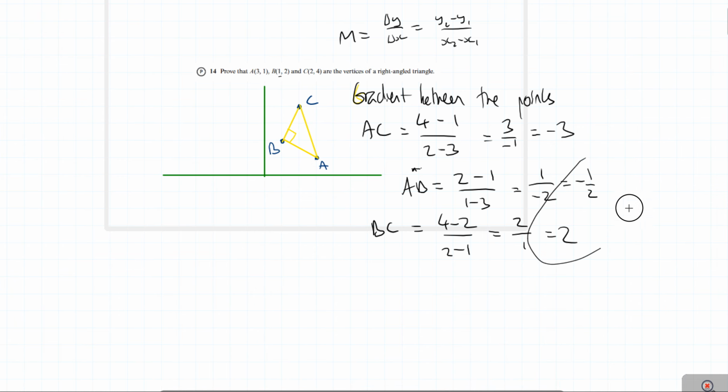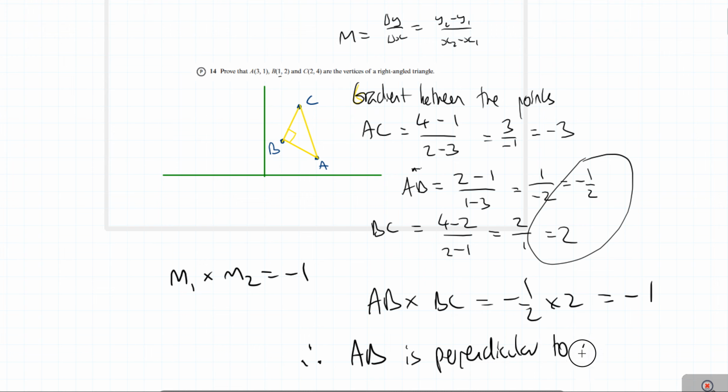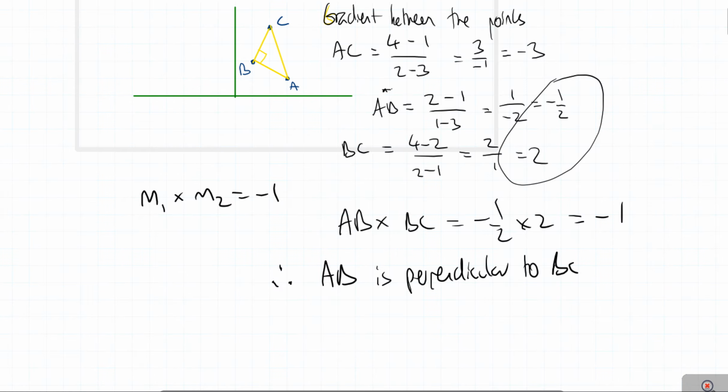These two here, we can notice it just by looking at the gradient. You can also look at it in your drawing. But if we do AB times BC, we get -1/2 times 2, which is equal to -1. And the definition of a perpendicular line is m1 times m2 is equal to -1. So therefore, AB is perpendicular to BC. So therefore, the angle between them,